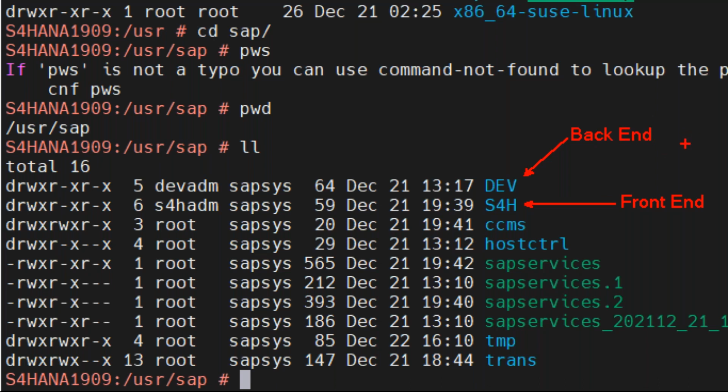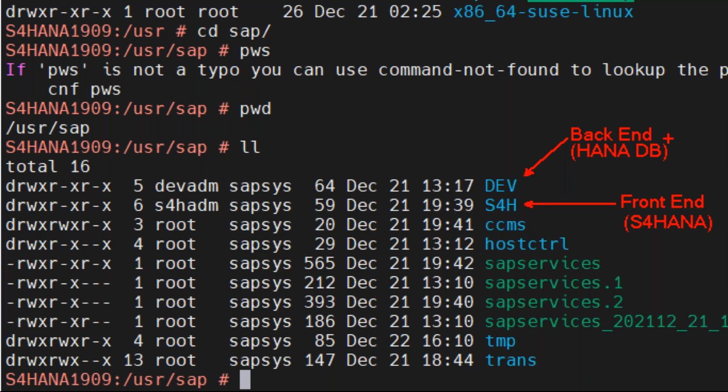Front end SAP, this is SAP S4 HANA. Back end is the HANA database. S4 HANA is different. HANA database is different, HANA DB. So please remember, HANA DB is different.